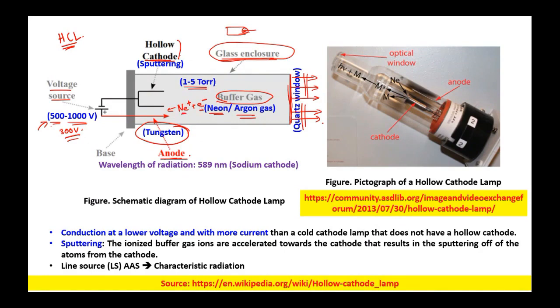Now this anode is positively charged, so the electrons will move towards the anode, the tungsten element, whereas the neon positive ions will strike within the hollow cathode. Because the ions are positively charged and our cathode is negatively charged, these neon positive ions will be accelerated towards the cathode, and while they are being accelerated and hitting the cathode,